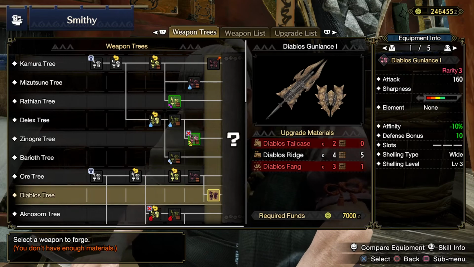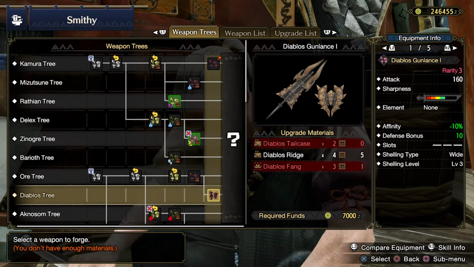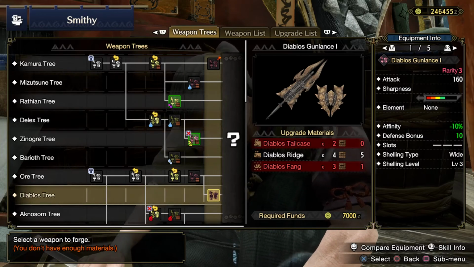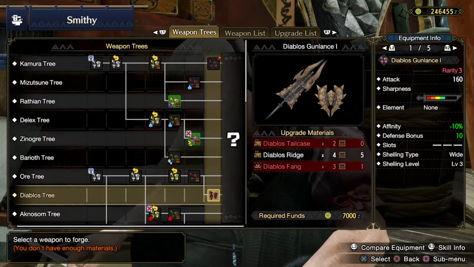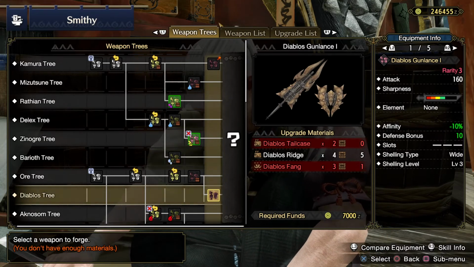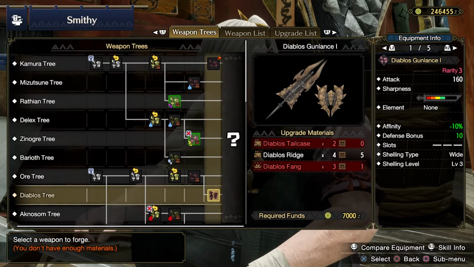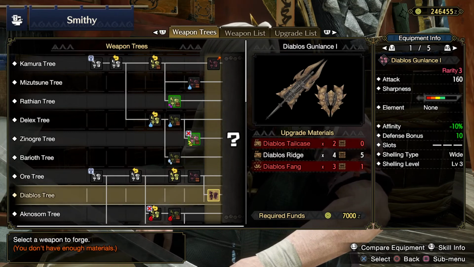Oops, wrong button. One of the cool things about Diablos is it actually looks really similar to the weapon that we have. It looks really similar to the Anjanath weapon in that it's got high attack, negative affinity, it's wide shelling. And so if we do a